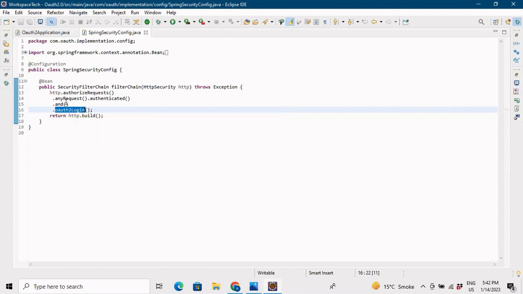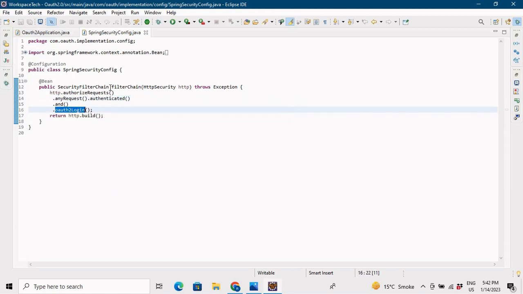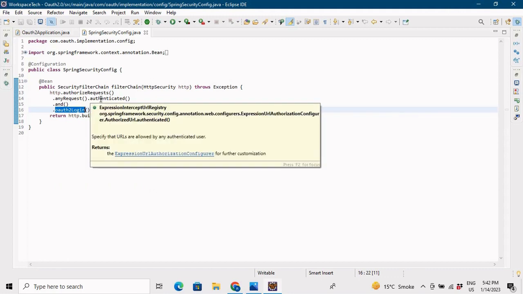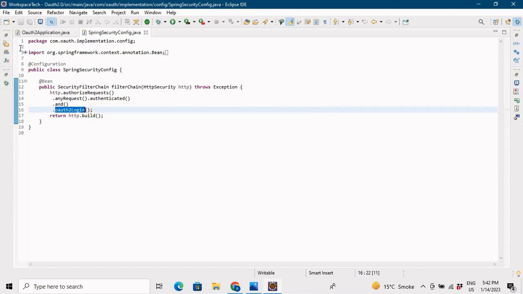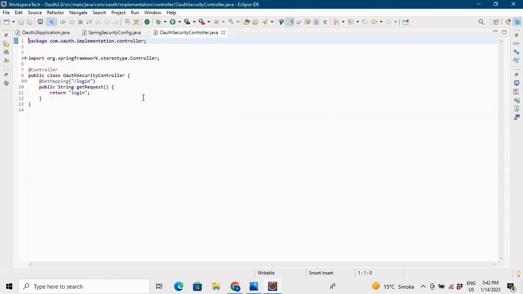So it says that any request that comes, you have to authorize through OAuth2 login. Now say I am implementing a Google service here. Let me first take you to the controller part. The controller is simple. I have written @Controller and my mapping is /login. And /login returns a